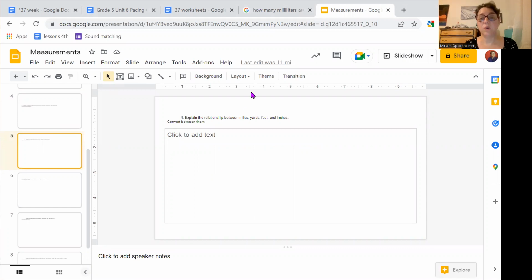Now this one's more difficult, much more difficult. These are not the metric system. It is not the system that most countries use. Only the United States and England use these. Okay, but it is difficult. So